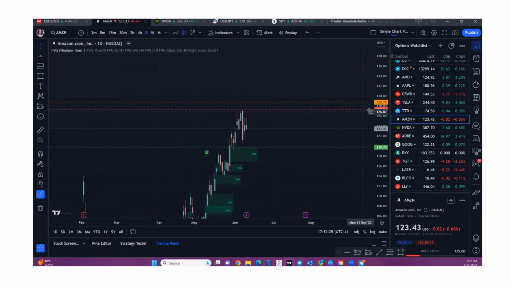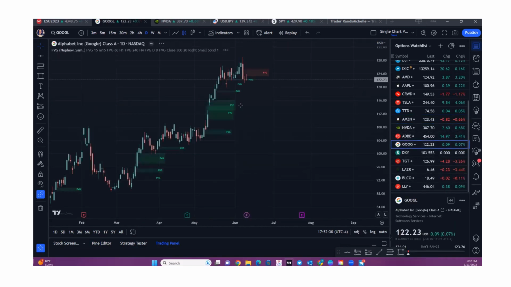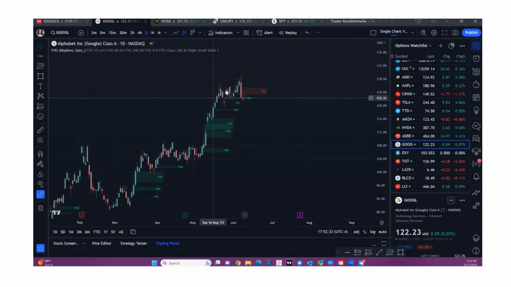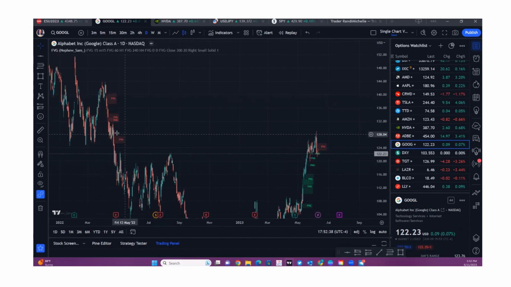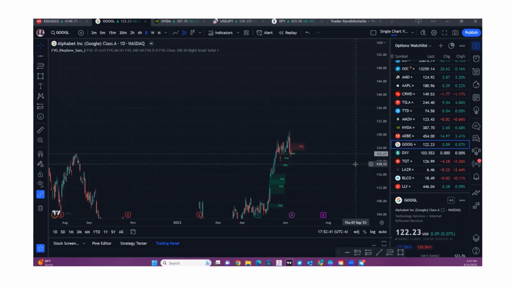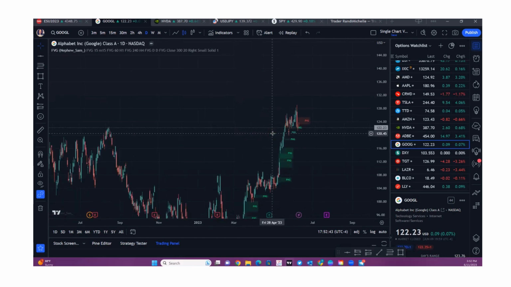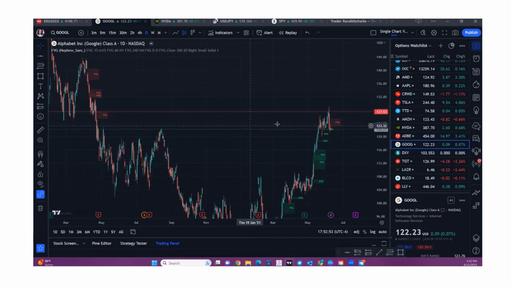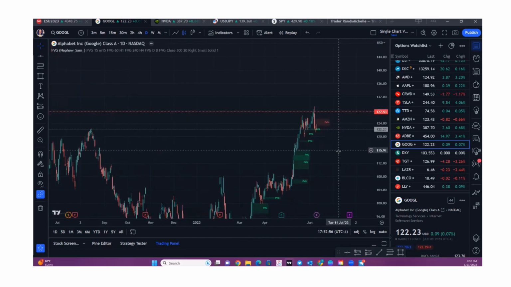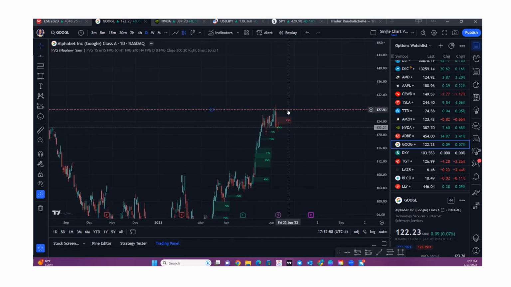All right, Amazon. I don't really have a move for Amazon. Google looks kind of M looking-ish, doesn't it? So you bounced off this order block back here. You're coming down here. So let's see. The top of this candle back here. Oh, I see you didn't make it past the fair value gap. There was one over here. And you didn't make it past that. So now you need to come